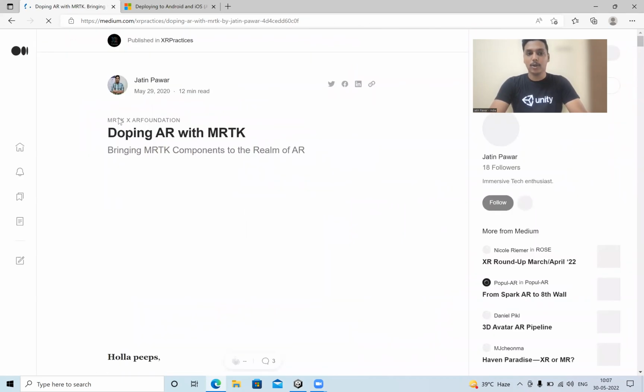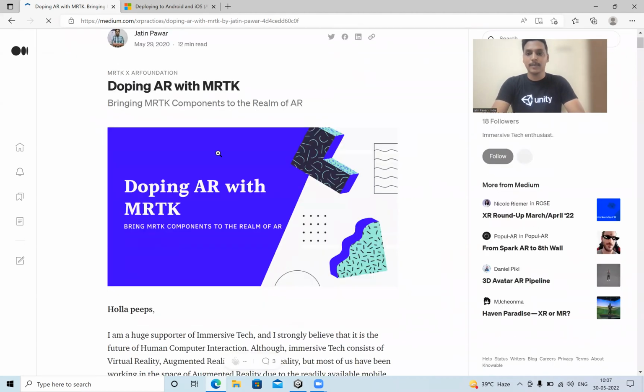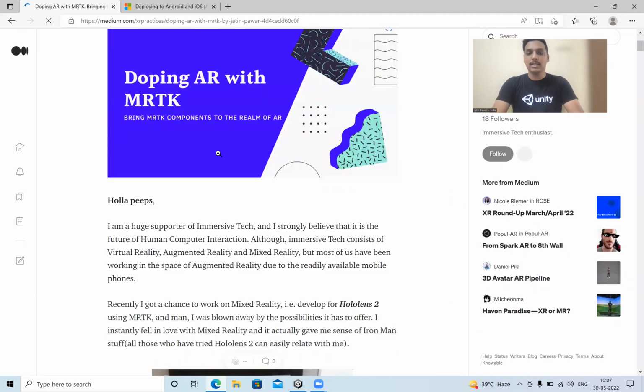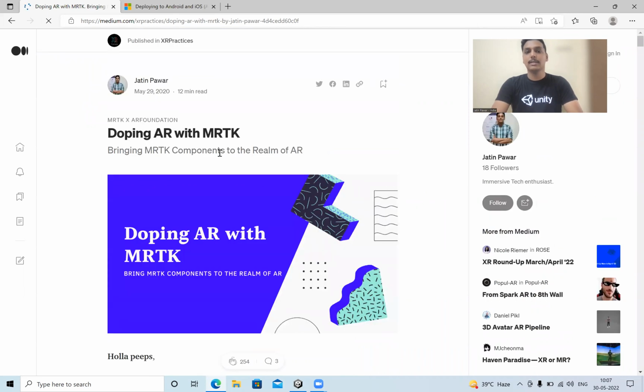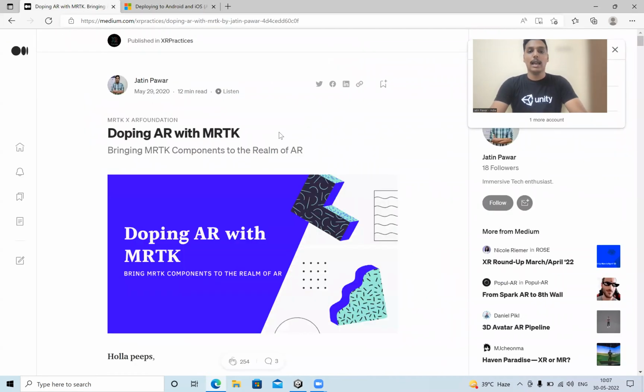This is the first link, medium.com. This is a blog written by me. I wrote it in 2020, and here I've done everything step by step. So we will be going through it. I'm just letting you know this because there are some things that might be missing in this documentation page, and you might face some errors and glitches. In this blog, I have tried to cover all of those glitches and errors, and you can go through these. Don't worry, in this video also we'll be covering them, but just for your reference,